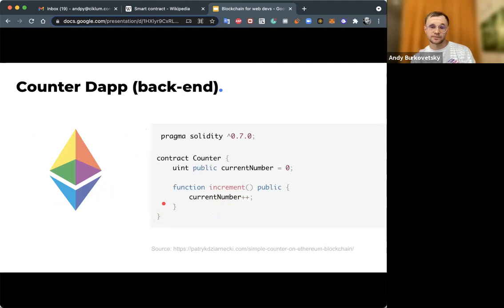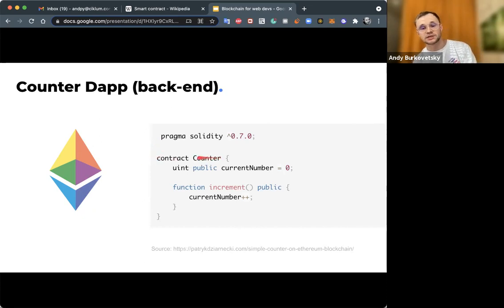And this is the backend part, the so-called backend. It's the blockchain part. On the blockchain, we will have a simple program. In the case of Ethereum, it's a program in the language called Solidity. They invented their own language for this blockchain. And as you can see, the program is pretty simple as well.